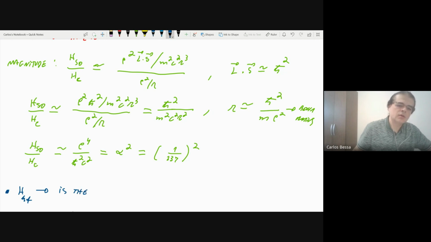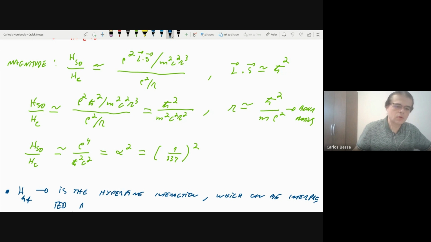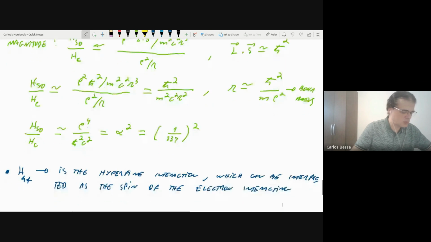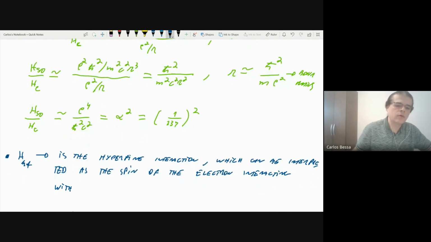This is hyperfine interaction, which can be interpreted as the spin of the electron interacting with the magnetic field generated